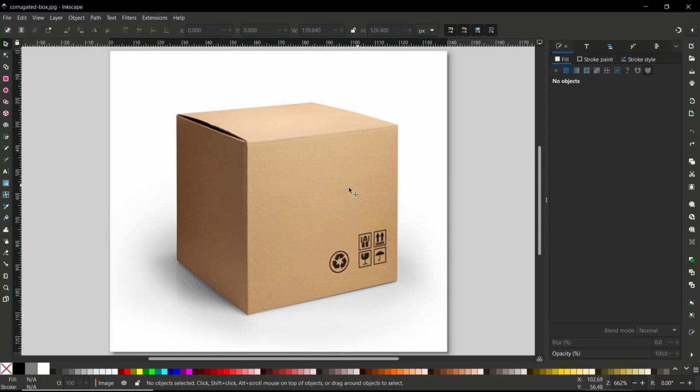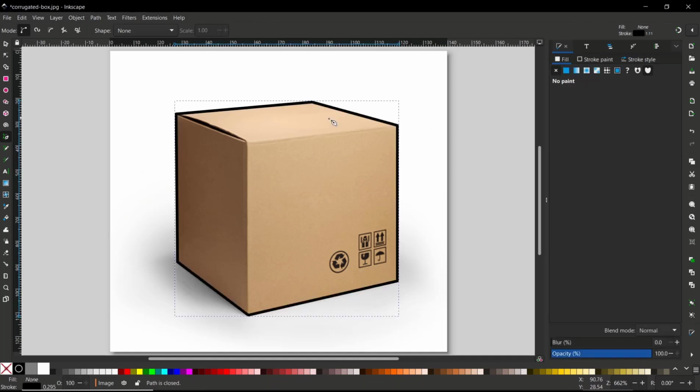So we have this example image, and if you want to cut out this image, first you can use these tools to select the main object. I will click from this point into here. Okay, you can select the main object with these pen tools, and after it